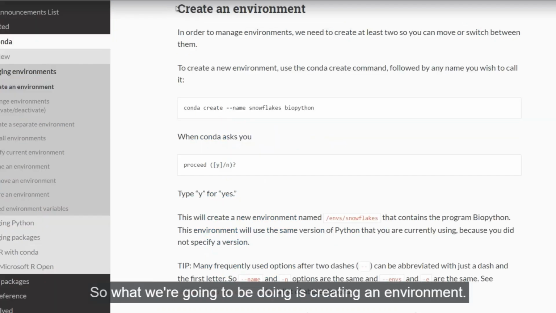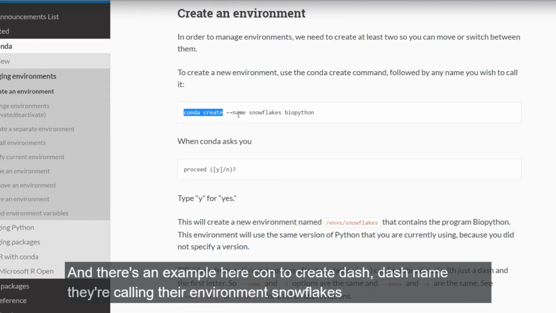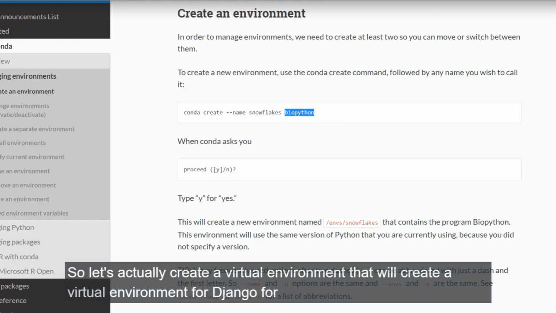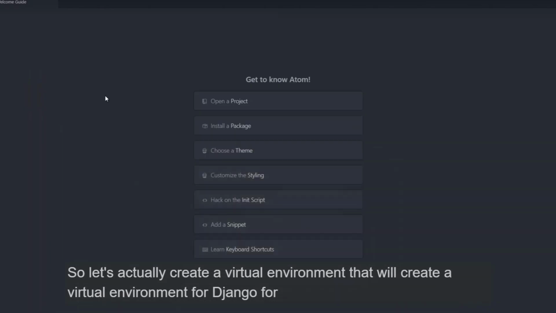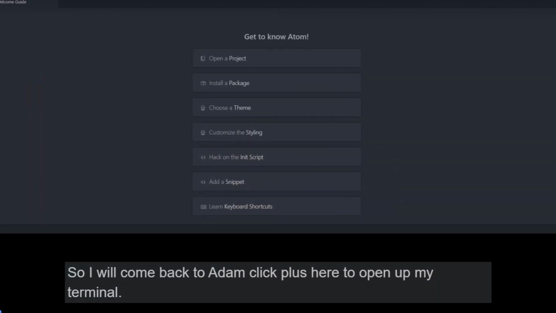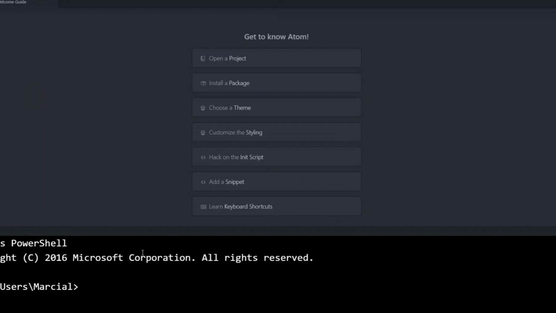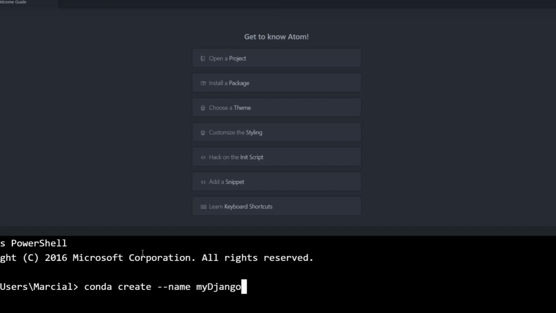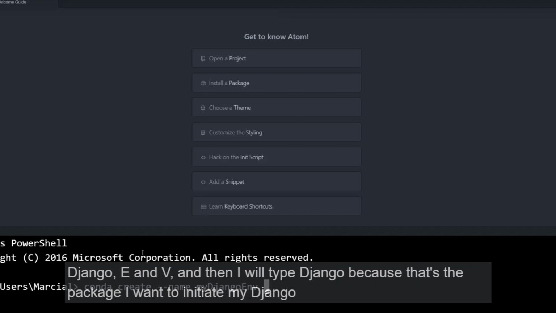So what we're going to be doing is creating an environment. And there's an example here, conda create --name. They're calling their environment snowflakes, and it uses BioPython. So let's actually create a virtual environment for Django for us. So I will come back to Atom, click plus here to open up my terminal, and then what I will do is say this, conda create --name, and let's call this my Django env, and then I will type Django